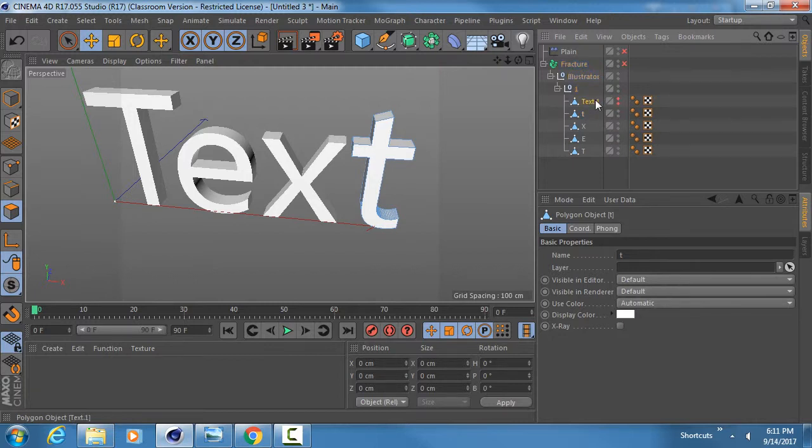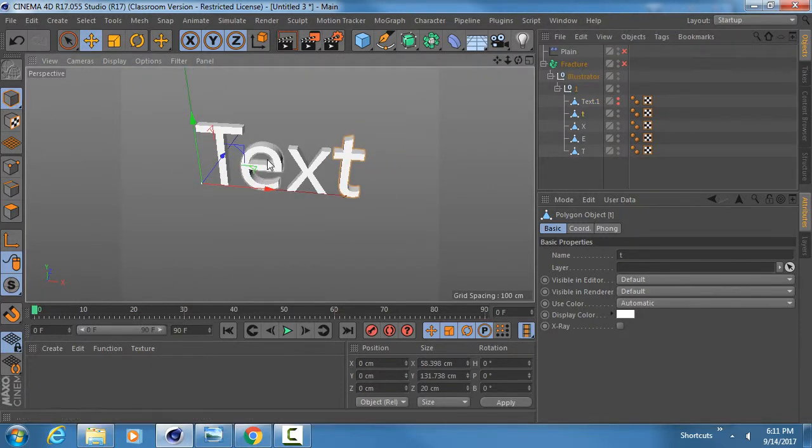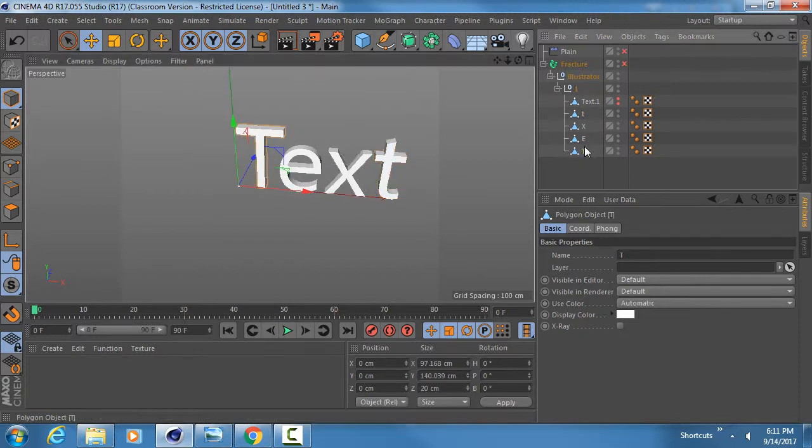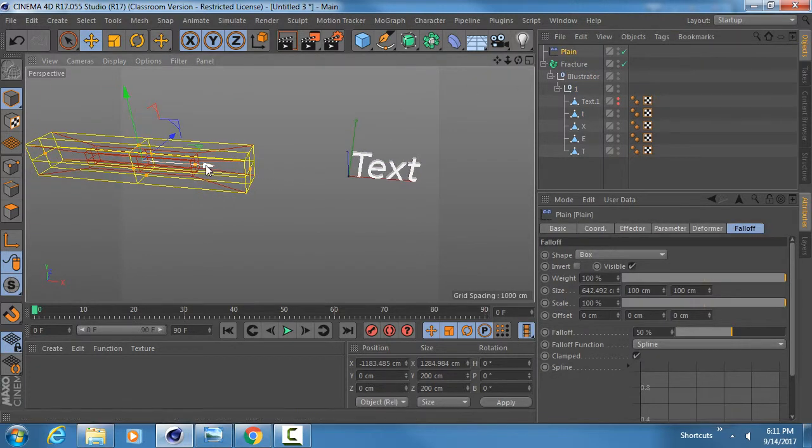So I'm going to turn the traffic lights off on the top text, which was all of them combined, sorry. So now I can see as I click through each of these, we're highlighting one at a time, which is cool. So what I can do now is turn these checkboxes back on, and we'll see that the plane effector is